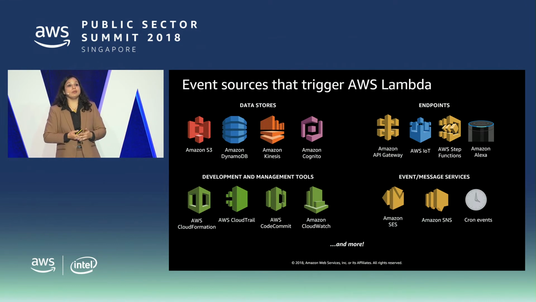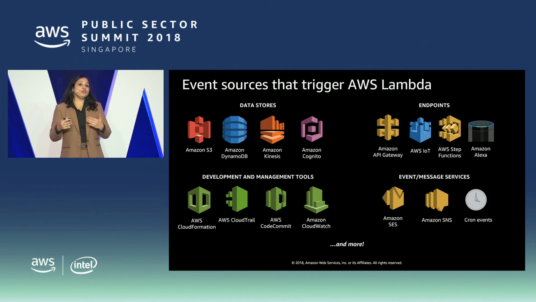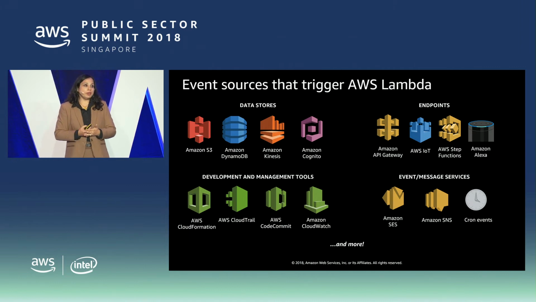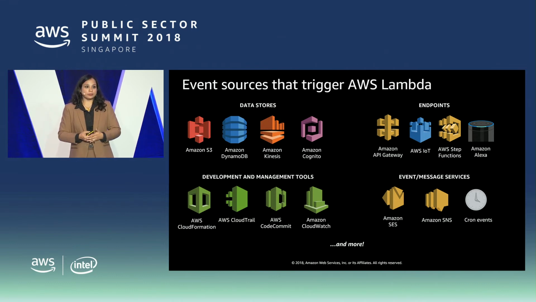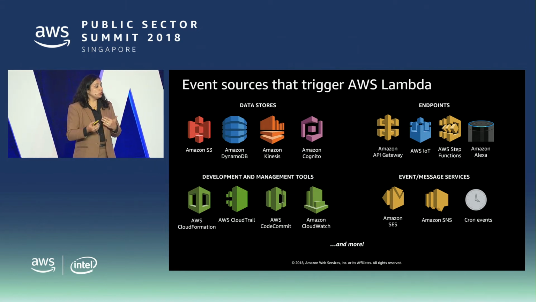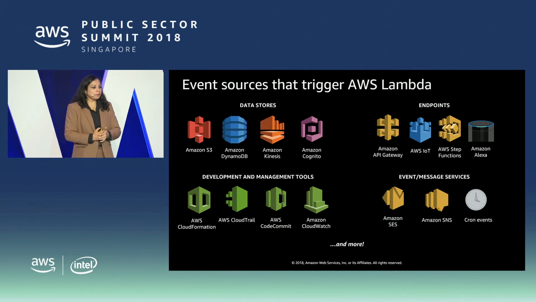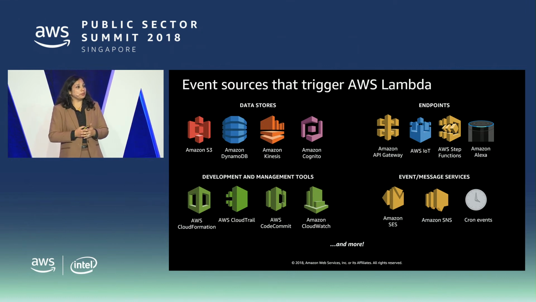Think of it that you have a microservices architecture where you're publishing your APIs using the API Gateway. Instead of having servers responding to those APIs, what you could have is a Lambda function listening to that particular API and responding to it. It's a trigger as well. There could be AWS Step Functions running Lambda in the background. And of course, Alexa, our famous Alexa. Similarly, there are different event and management services which could be integrated with your Lambda.